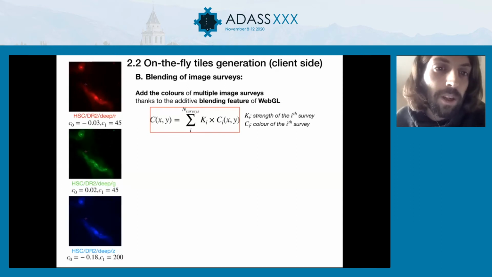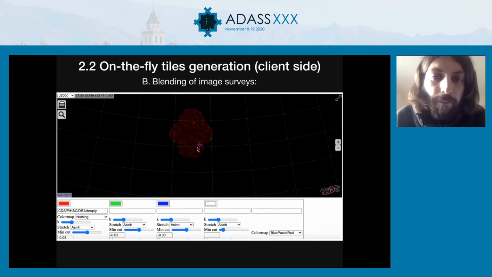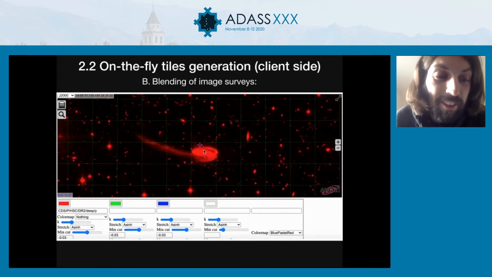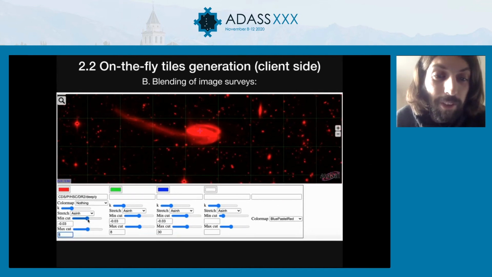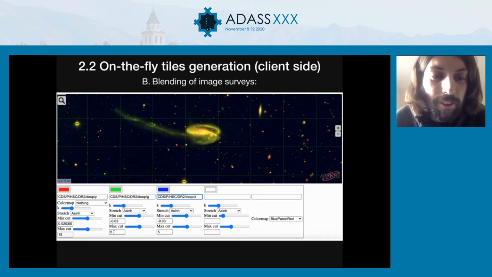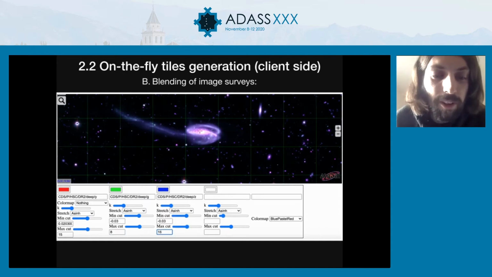In that slide, I chose to combine the G, R and Z bands of HSC, and it gives me that result. And I have a little video demonstrating that. First I loaded the Y band of HSC that I mapped to the red color. Then we can change the cuts, increase the max cut to see more details. And then I add the G band that I map to green and the Z band that I map to blue, and change the cuts as well.